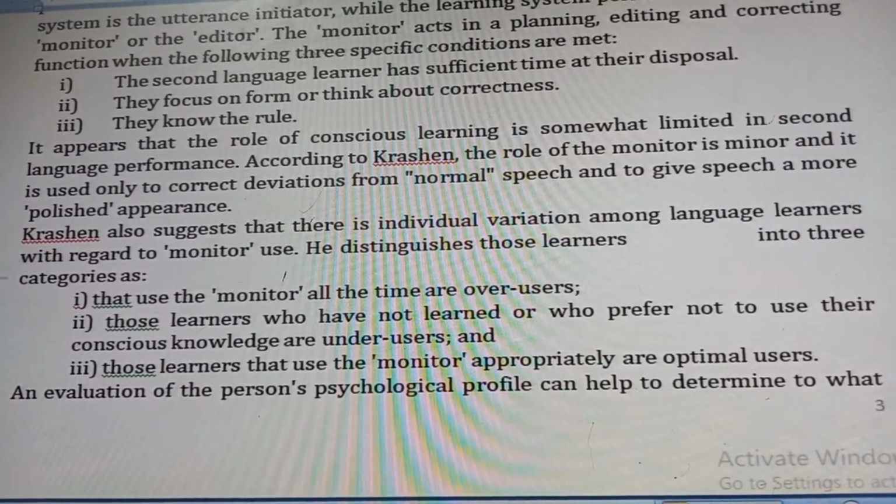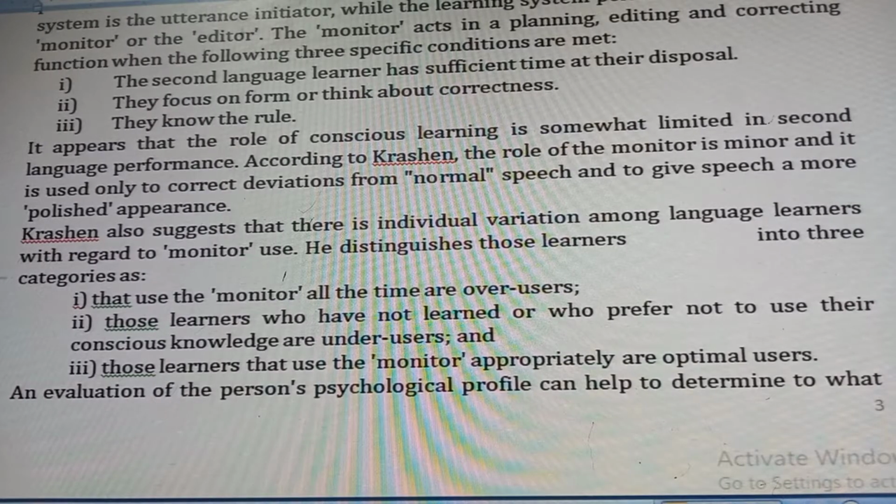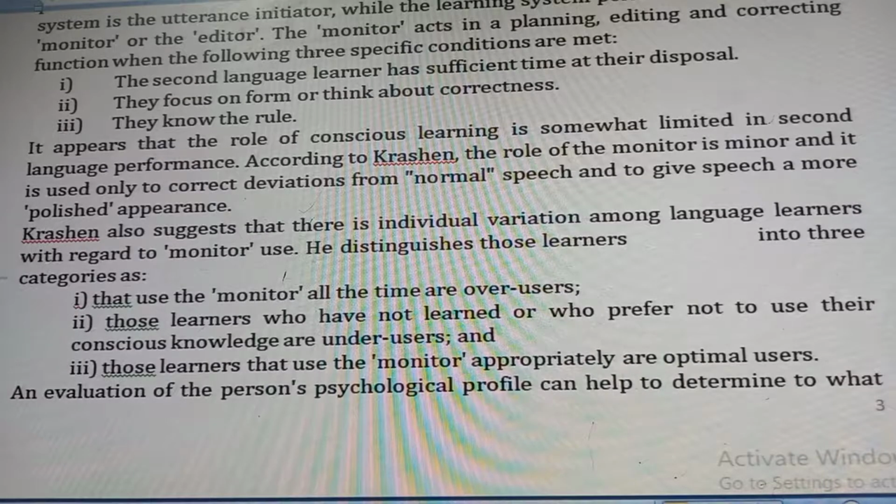It appears that the role of conscious learning is somewhat limited in second language performance. According to Krashen, the role of the monitor is minor and it is used only to correct deviations from normal speech and to give speech a more polished appearance. Krashen also suggests that there is individual variation among language learners with regard to monitor use. He distinguishes those learners